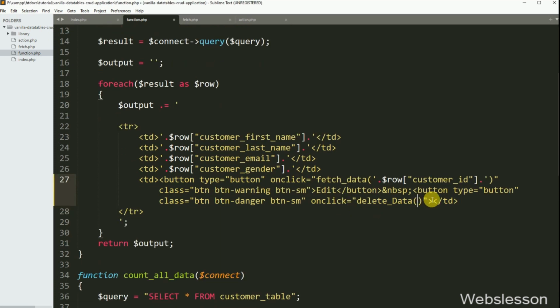Under this function, we have written the $row customer id variable, and in the button text, we have written Delete.